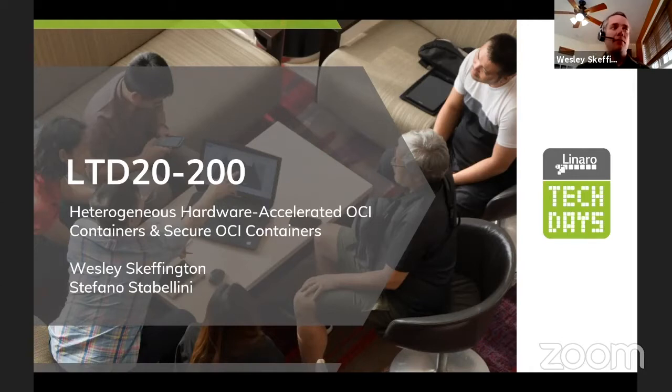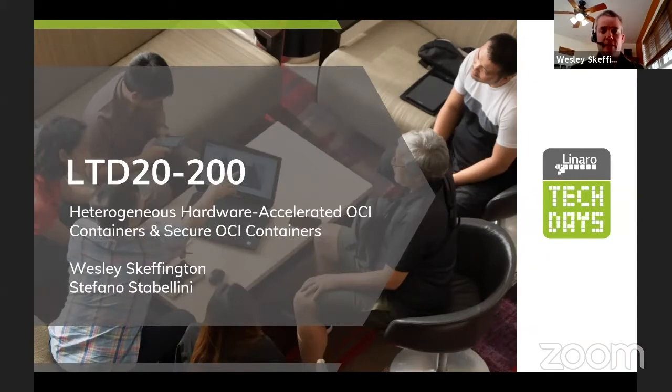And what we're hoping to talk to you today about is briefly a concept and collaboration opportunity that we're seeking around extending the OCI framework to bring heterogeneous hardware and VM isolated containers as first-class citizens into the OCI ecosystem.